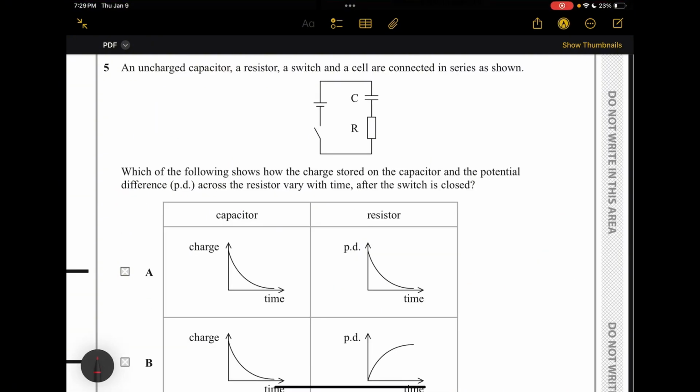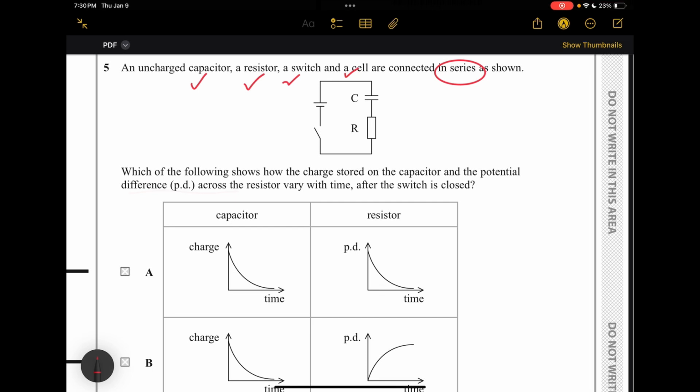Alright, so let's go through this question. They have written: an uncharged capacitor, a resistor, a switch, and a cell are connected in series as shown. Okay, this is a very important concept. Which of the following shows how the charge stored on the capacitor and the potential difference across the resistor, not across the capacitor, it's in the resistor part,